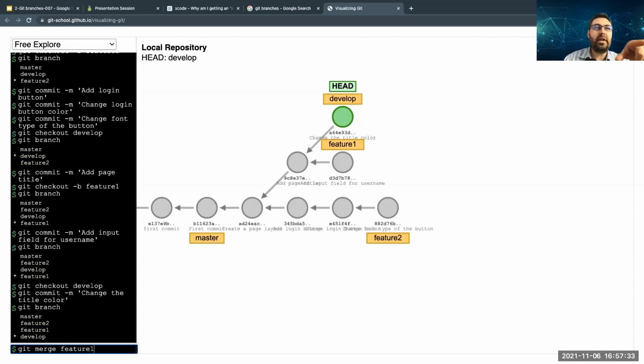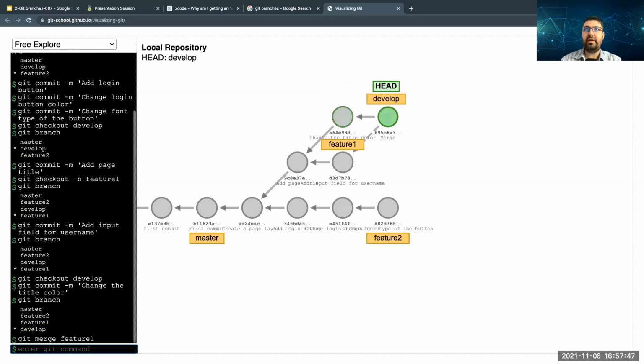Again, make sure that you're on the develop branch that you want to merge onto. Then you just run this command to merge those changes to the develop branch. That's it. All the changes are now merged onto the develop branch.